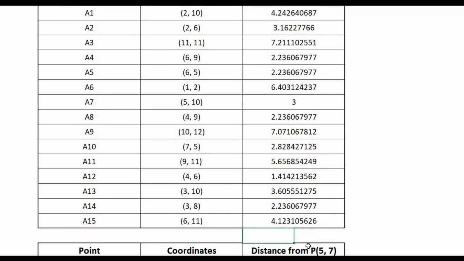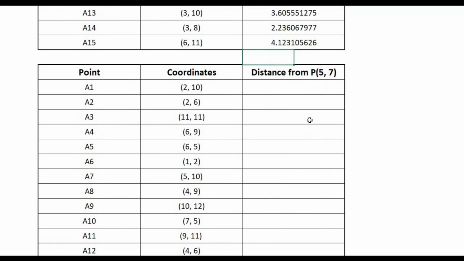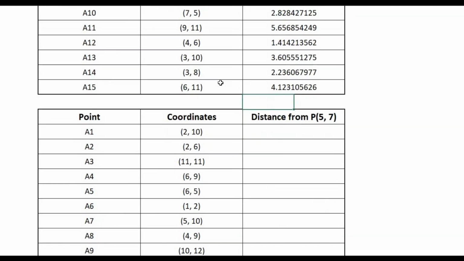As you can see, we have calculated all the distances. So we have to sort the data in ascending order with respect to distances. What does it mean? It means that the data points whose Euclidean distance is less than the others, we will write first. So I've already copied another table, it's the same as this one, we just need to rearrange the data. So I just erase it because it is going to be shuffled.